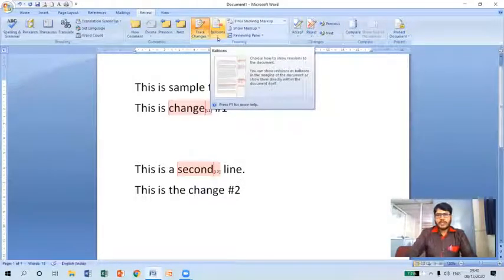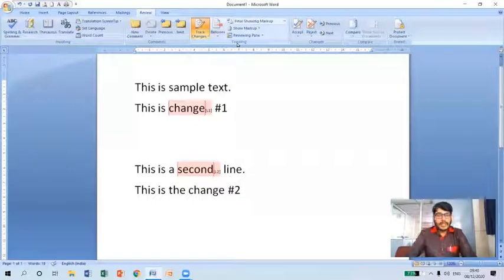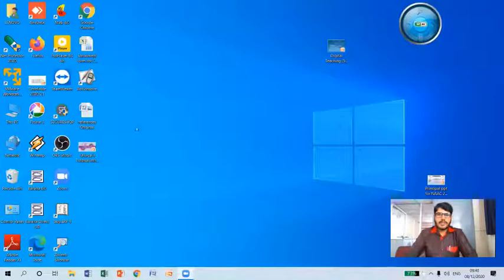So this is how we can effectively utilize the tracking group, changes group, and protect document. Sometimes what happens, we need to compare multiple documents. Assume that, okay, let me open a new document here. So let me close this. Let me not save this.